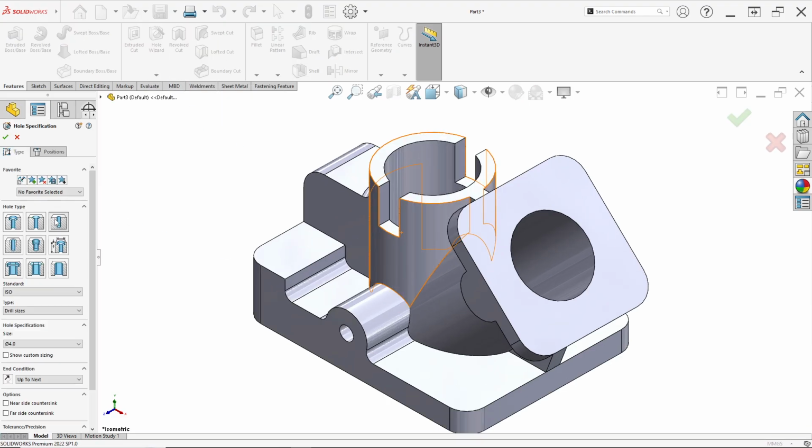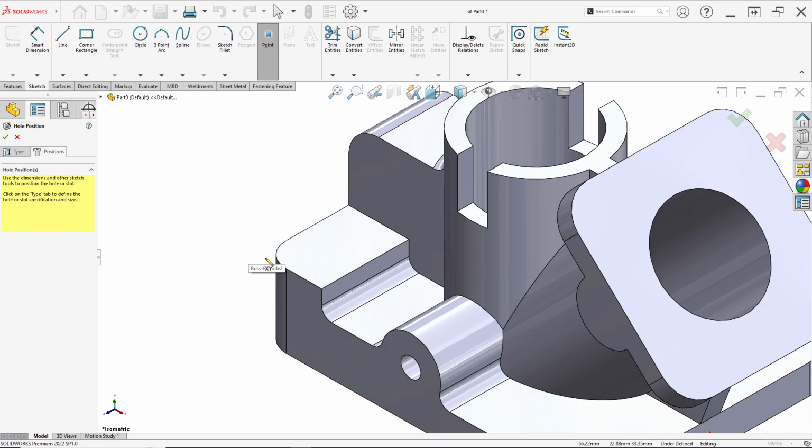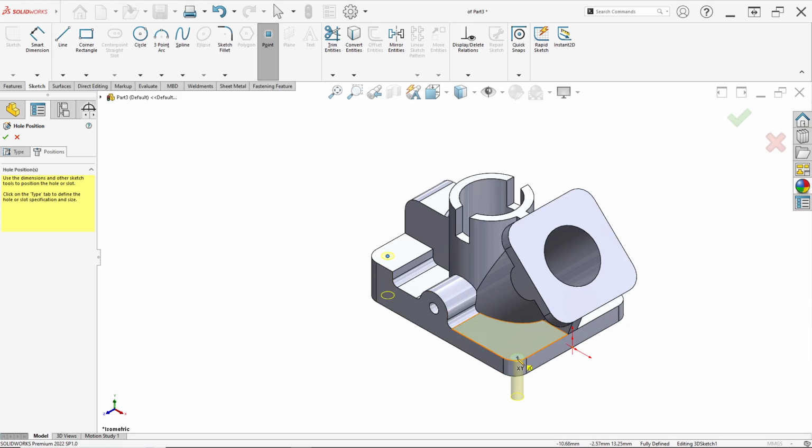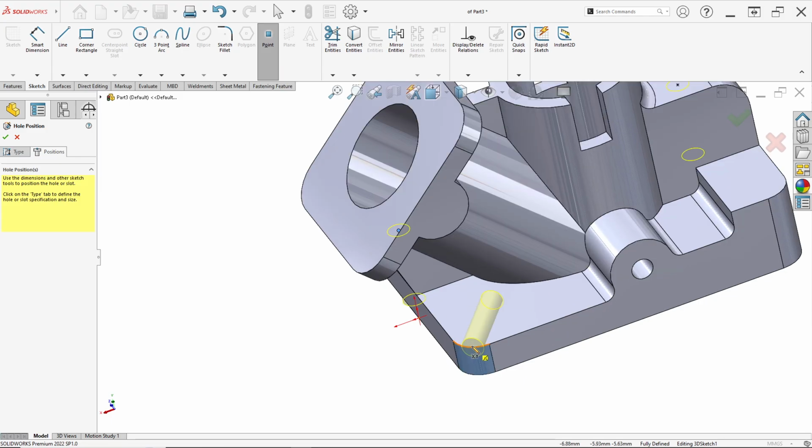In here for hole type we can click hole, standard hole, and for standard I use ISO standard, type in drill size and size 4 mm, and condition change to through all, and just click positions, click 3D sketch,